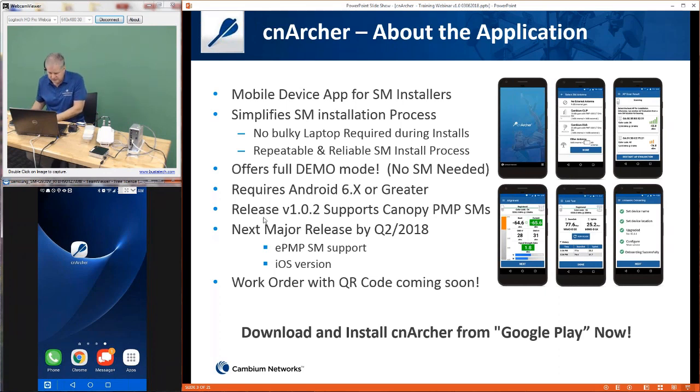The release supports version 1.02 Canopy PnP SMs right now, so you need to at least have this version of software running on your Canopy SMs. As you can see here, the next major release, probably in a few weeks, Q2 of 2018, will support what a lot of people are calling for, support for ePnP subscriber modules. So it'll support both Canopy and ePnP, as well as an Apple iOS version, because right now it totally just supports